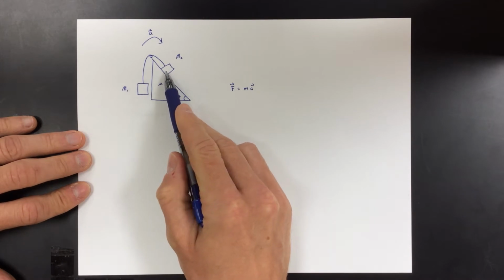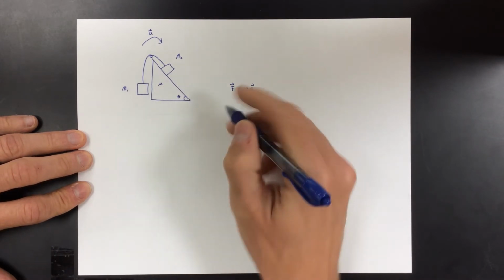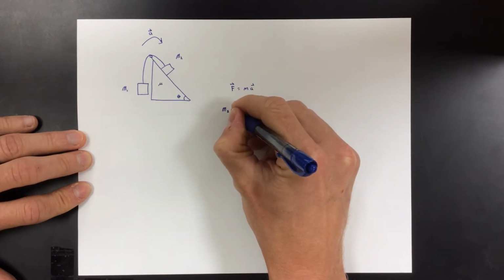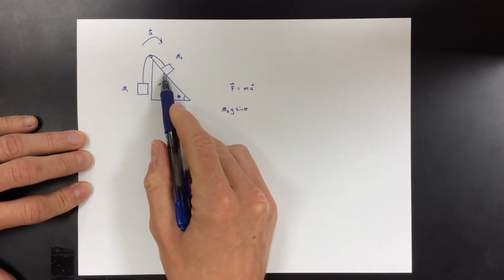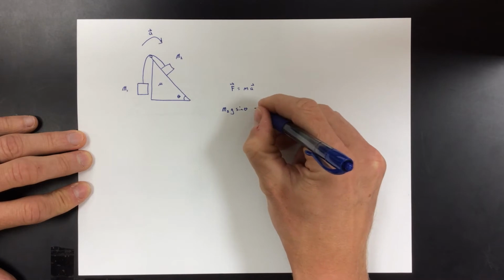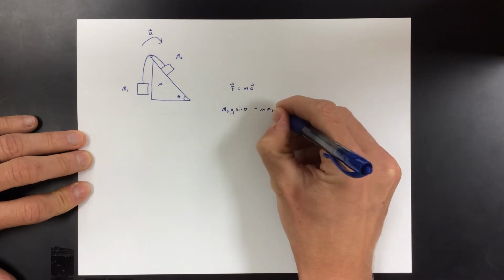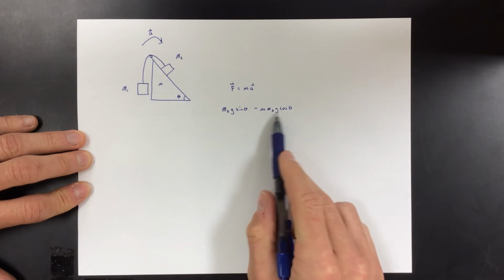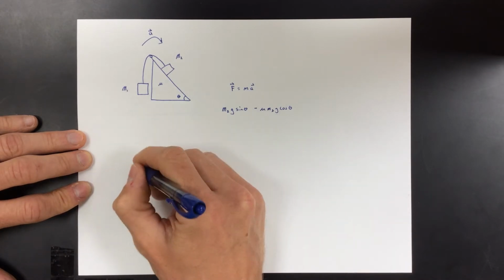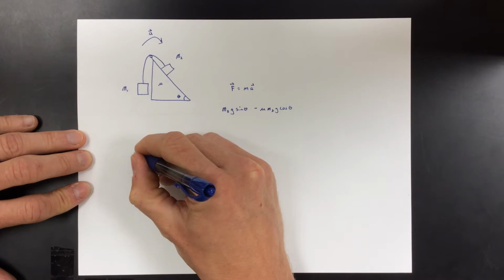So we have this one's gravity in this direction, m2g sine theta. You have the friction of this block going in the opposite direction, which is mu m2g cosine theta. And again, previously in the video, we've talked about how to do the ramp, but if you need to do the ramp again,